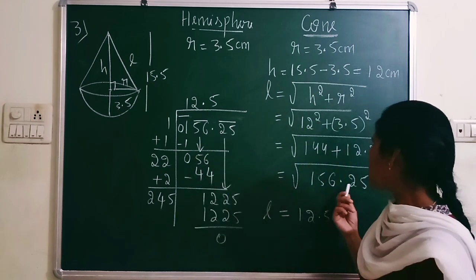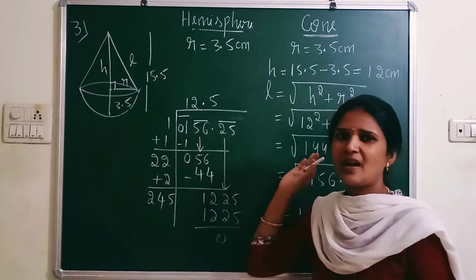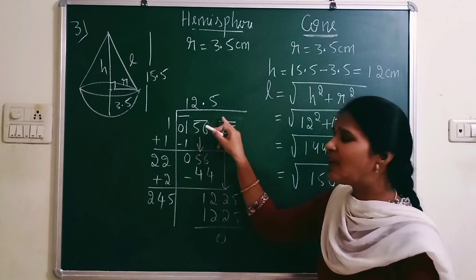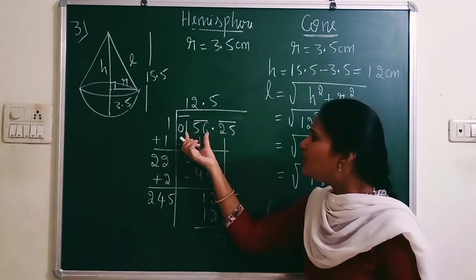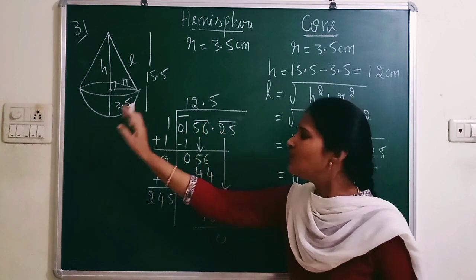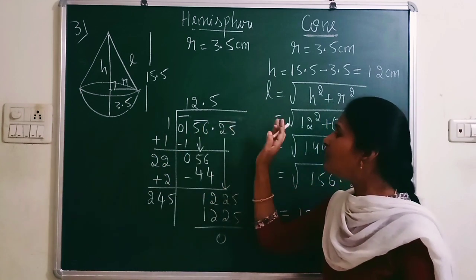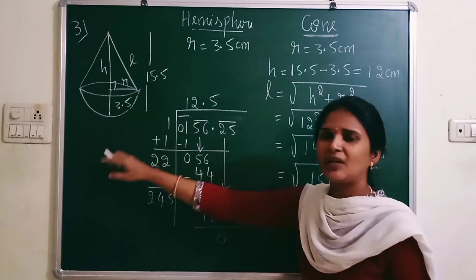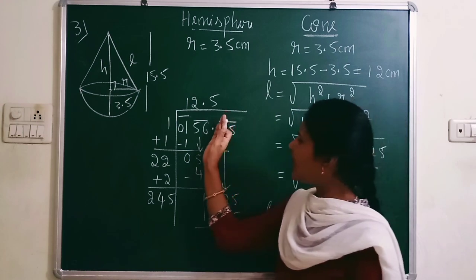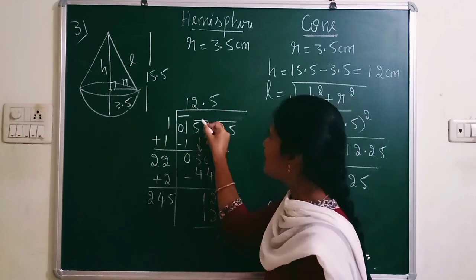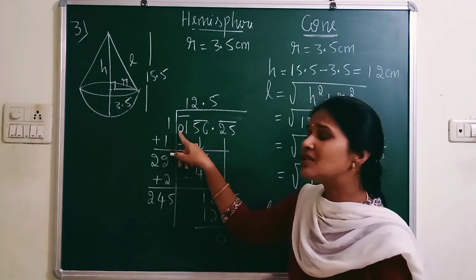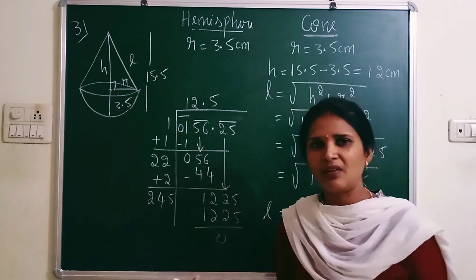Given 156.25, from the right hand side you arrange the periods. For the decimal part you have to arrange from left to right, and for the integral part you have to arrange from right to left. Now here only one period is there, that is 25. And when we arrange from right to left, this is 56, one period, and there is only one left. So for that you can add 0 at the back. So 01 or 1, the value is the same.